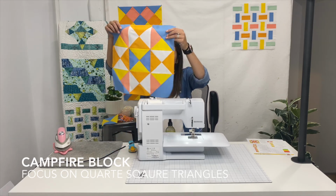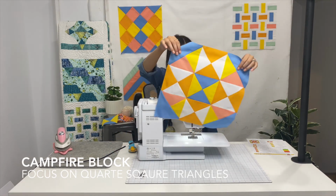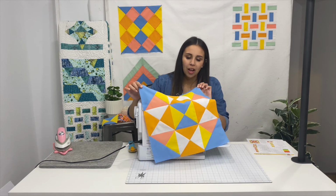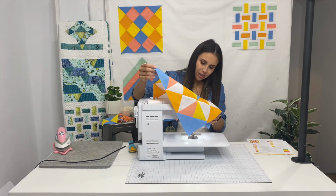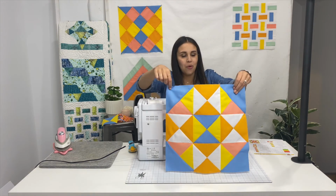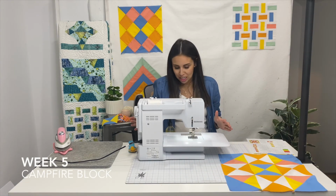What a lovely, lovely block. I'm so excited. It actually goes like this. There we go. That is the Campfire block. It is beautiful. I just love it. Love it, love it, love it. Look at these like crisp corners that line up. Oh, beautiful. So that is week, I have to think about it, 5. That's crazy. Week 5